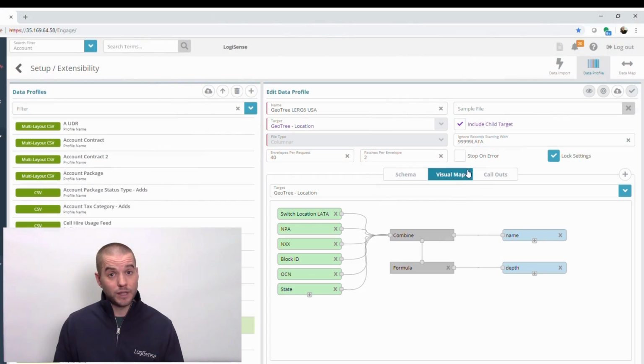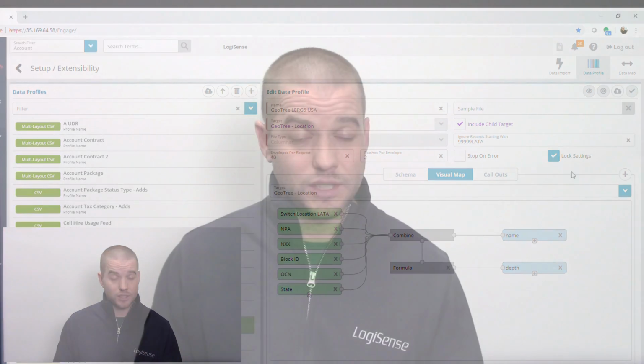From the point of having the actual CSV file, you can also upload that sample file and validate it against your logic. You can even run and execute that import manually inside the system. Usually we'll have our customers having some kind of automation that's going to be looking for a file that might be put into a specific location, monitoring that location, picking up that file and processing it through these different data profiles. So that's a quick look into how we manage bringing data into the system, transforming it,